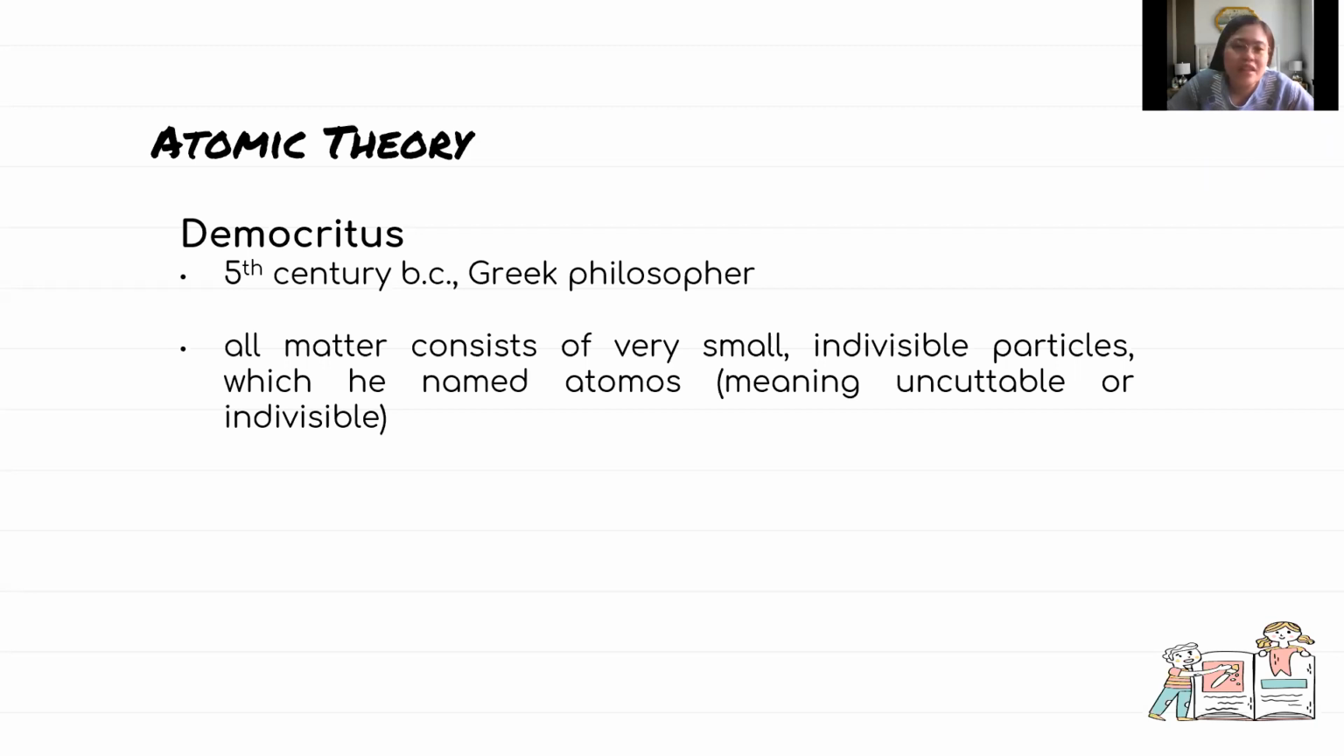And what is that atomos? It was described by him as very small, indivisible particles in our matter. So all matter, anything that occupies space and has mass, consists of these small, indivisible particles which he named atomos. The meaning of atomos at that time is uncuttable or indivisible. That is the main description of Democritus. So from him started the concept of the atom,